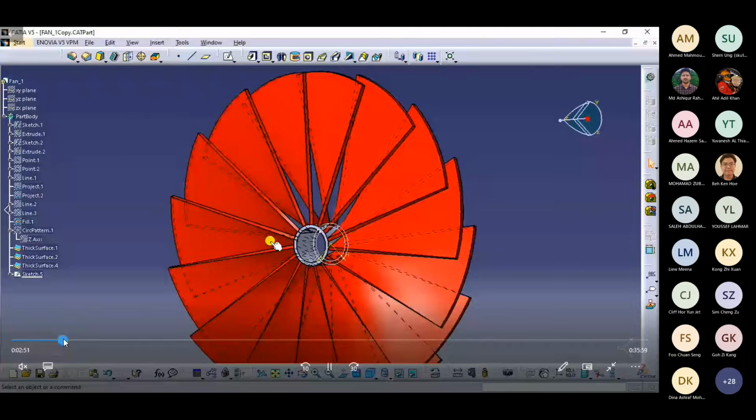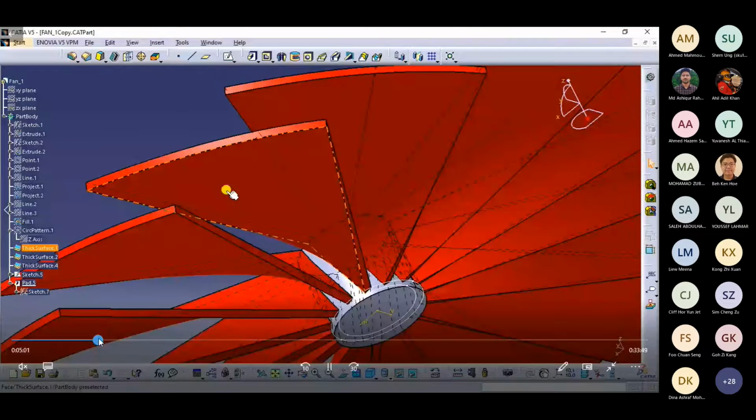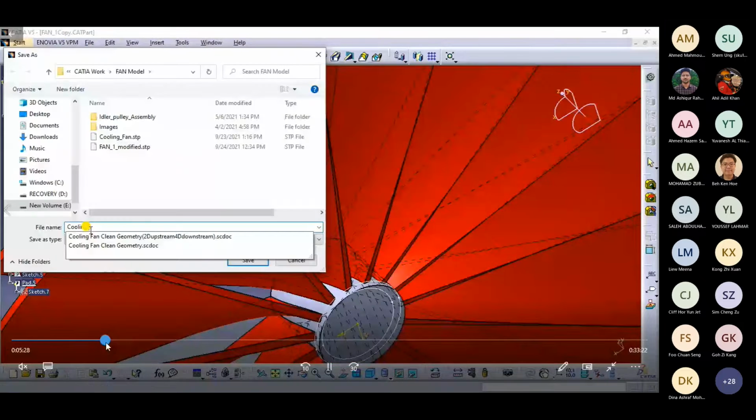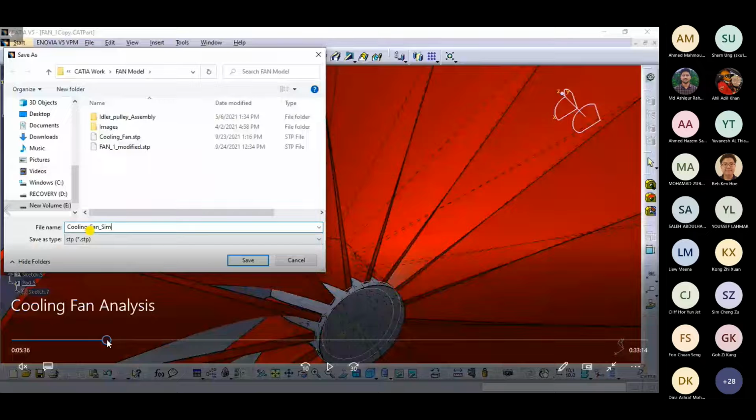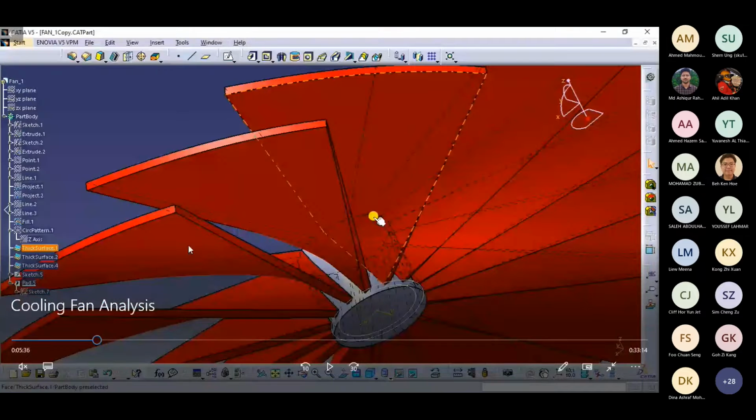Now I'll just save it as. Here, as you can see, you can export your geometry. I have filled up the inside hole that was there, and now I would go for saving this component.